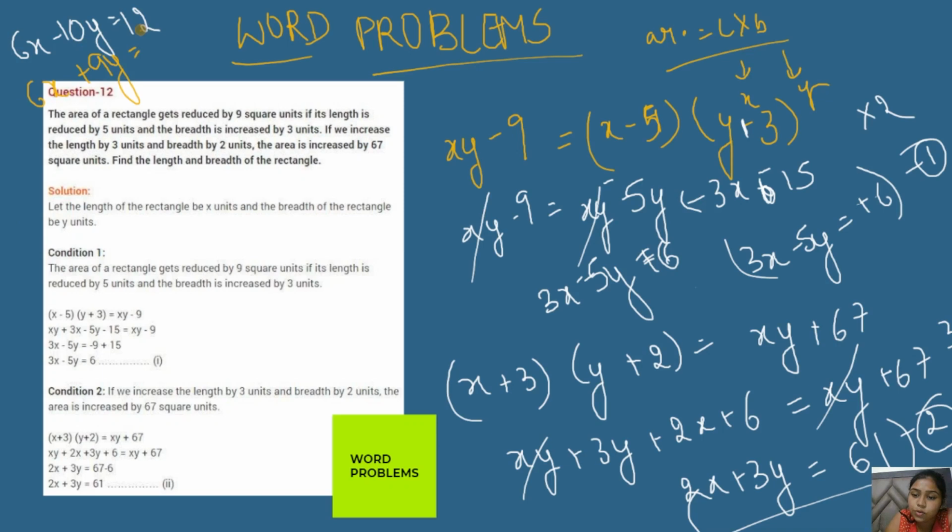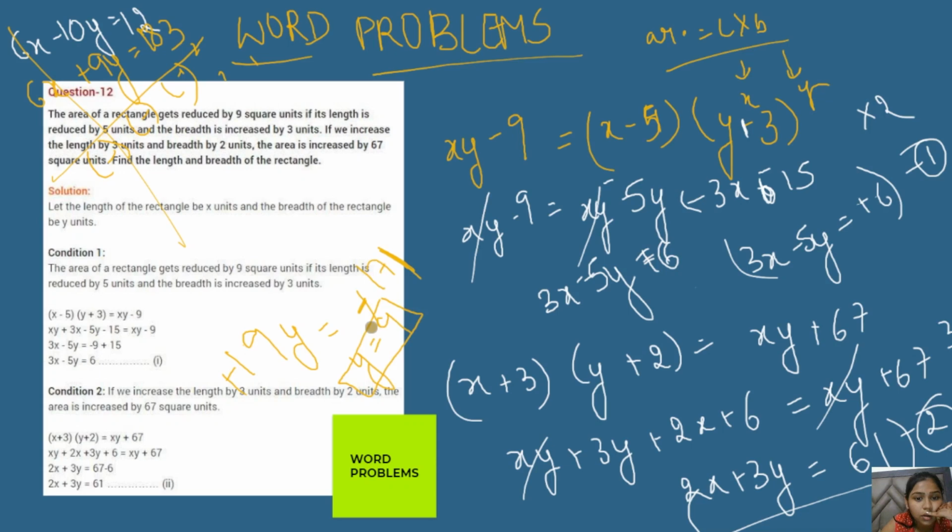Okay, when we just subtract it, opposite the signs, you will be getting y equals to minus 183 by the plus 12. So you will be getting like minus 19y. Minus 19y will be equals to negative of, you can just subtract it out and you will be getting 171, right? Just cross these signs and you will be getting y equals to 9. So y, your breadth, is equals to 9 units.